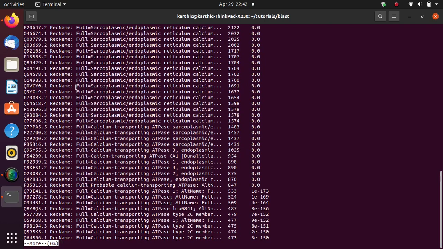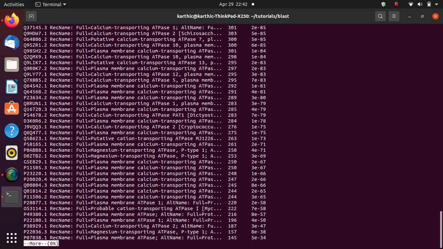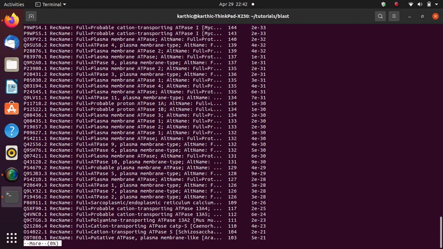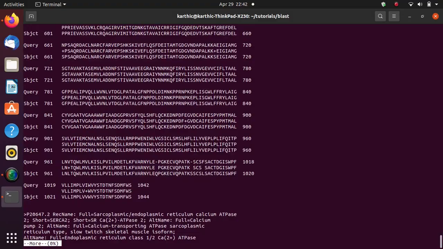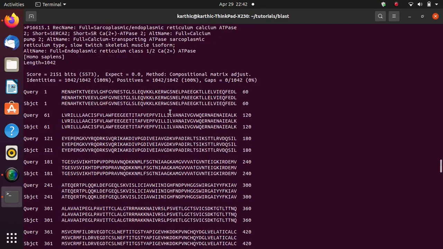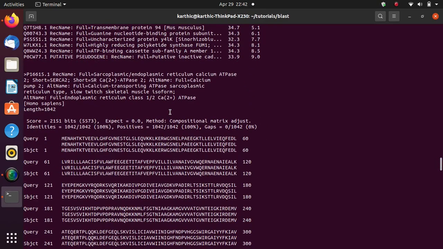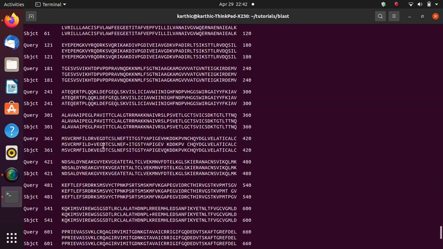That means the hit arising by chance is 0. And if you notice, for each single query it has given multiple hits, and mostly for the identical protein, sarcoplasmic/endoplasmic reticulum. Once it is done with printing the hit list, it will start printing the alignments for each query and subject pair. This keeps repeating for each query. Basically for each query it will print the most significant hits and then the alignments.